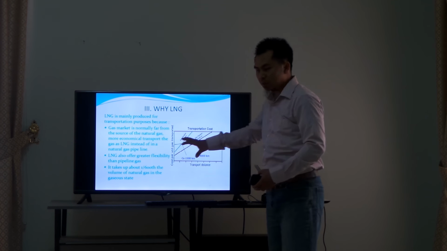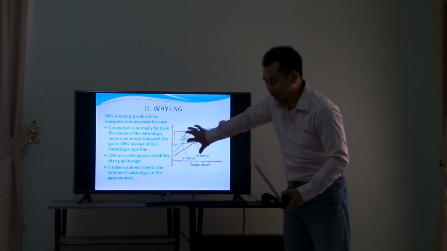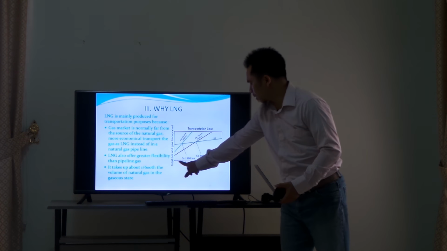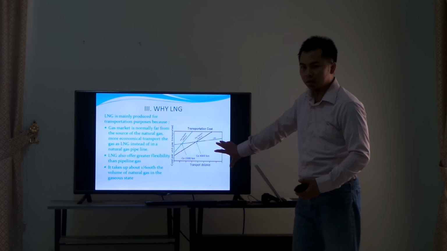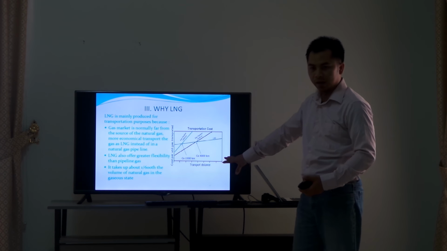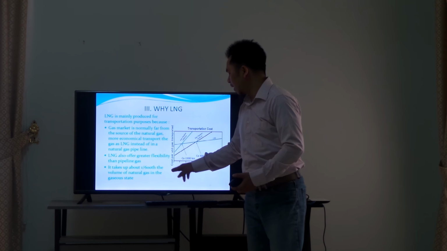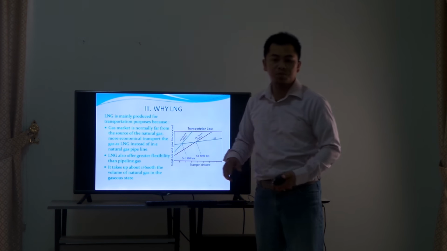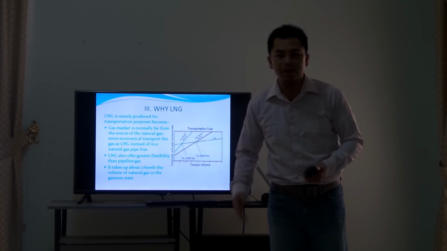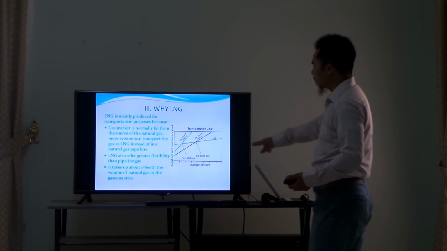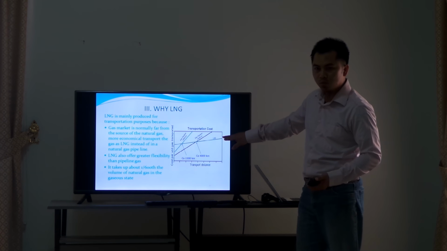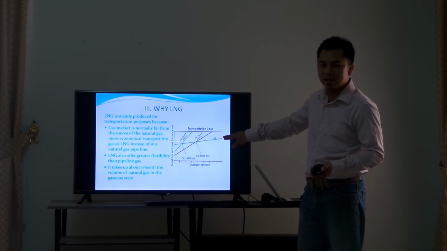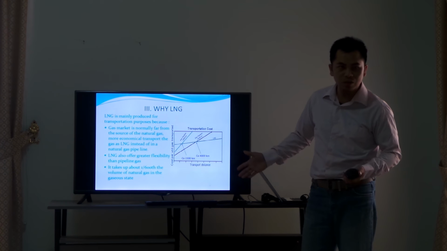Back to cost transportation. On this graphic, the horizontal line is the transport distance, how far you have to send that LNG. And the vertical line is the cost per unit of gas transport that you have to pay. Look at this green line: if you are sending gas that is already liquefied as LNG,